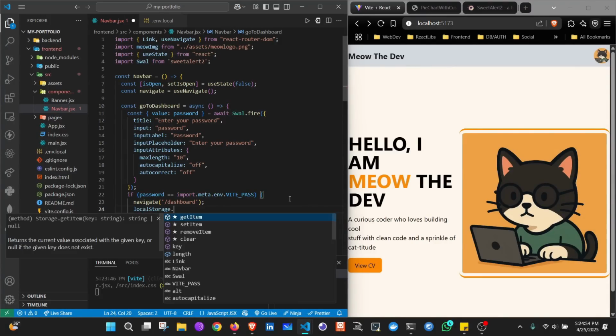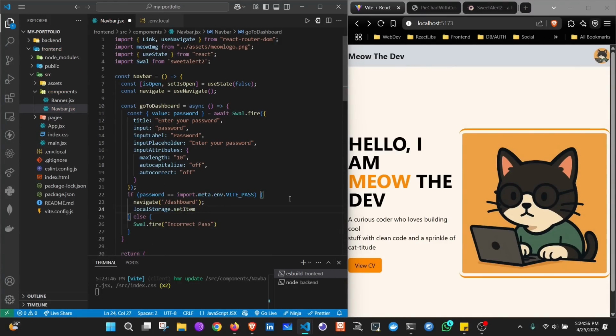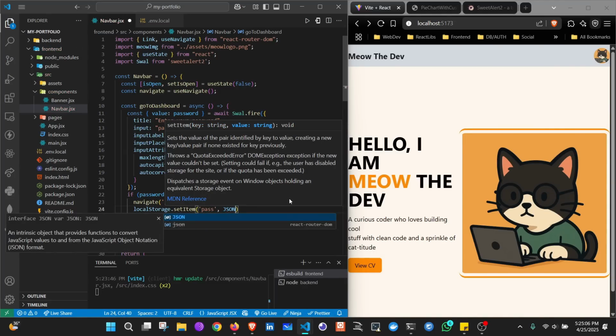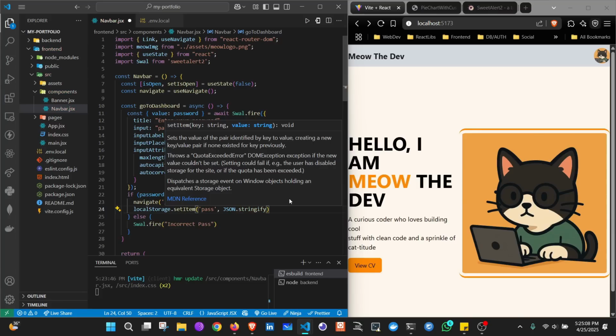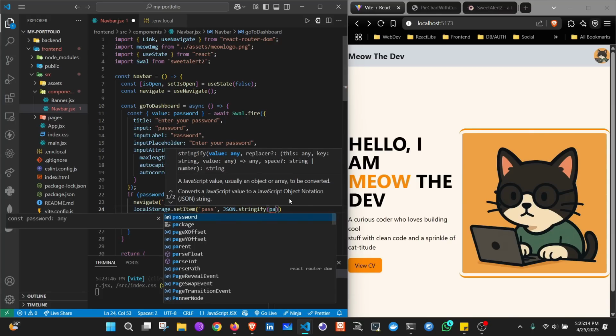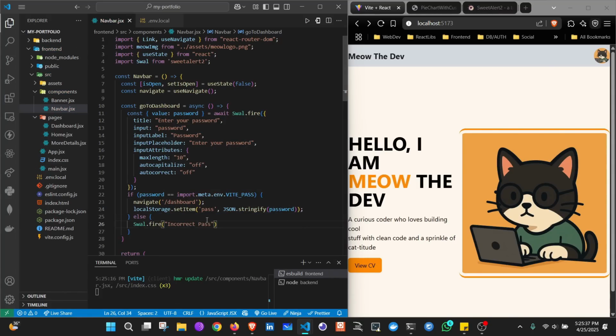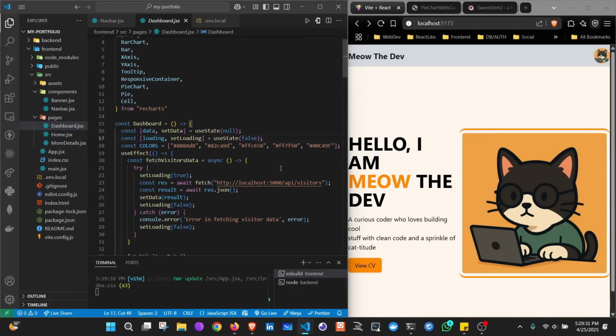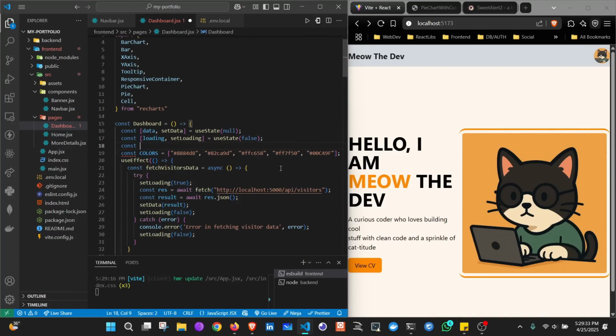So localStorage.setItem, let's name it pass, and the value will be JSON.stringify, then the password. And we will go to the dashboard page here, and here create another state